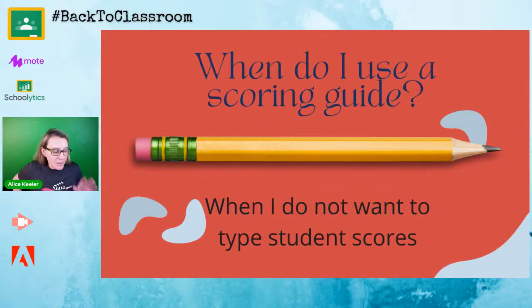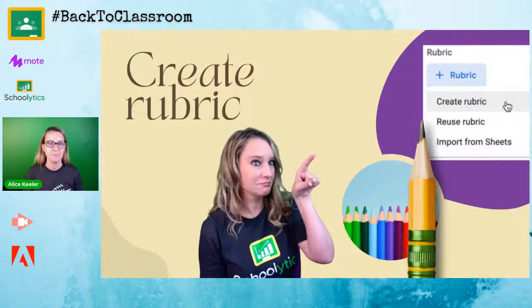And so my main reason that I like to use the scoring guides, besides all those good reasons, is I don't like to type scores. I feel like in Google Classroom, it is so tedious to, like, if say it's a 4-point scale, 4 enter, 4 enter, 4 enter, and then of course, inevitably I accidentally type 44. So I like to avoid typing student scores into Google Classroom because it's slow and because I make mistakes. And so this is where a scoring guide can really help me to get through this a heck of a lot faster, as I'm not entering in those individual scores.